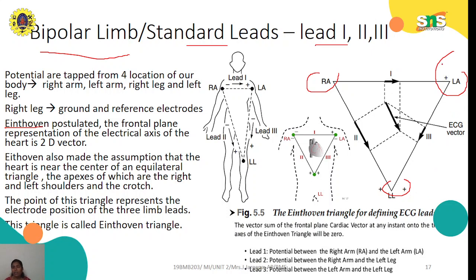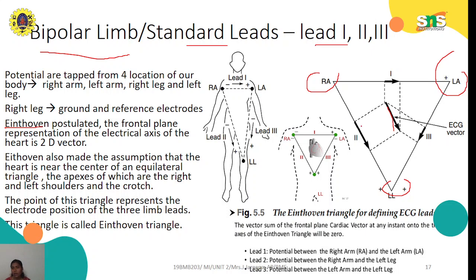Okay, so by considering this assumption, he is going to calculate, or capture, or you can say record, the electrical activity of the heart. And he also proposed that the frontal plane representation of the electrical axis of the heart is through the vector. Okay, it's a frontal plane, so this is the frontal plane of the heart,